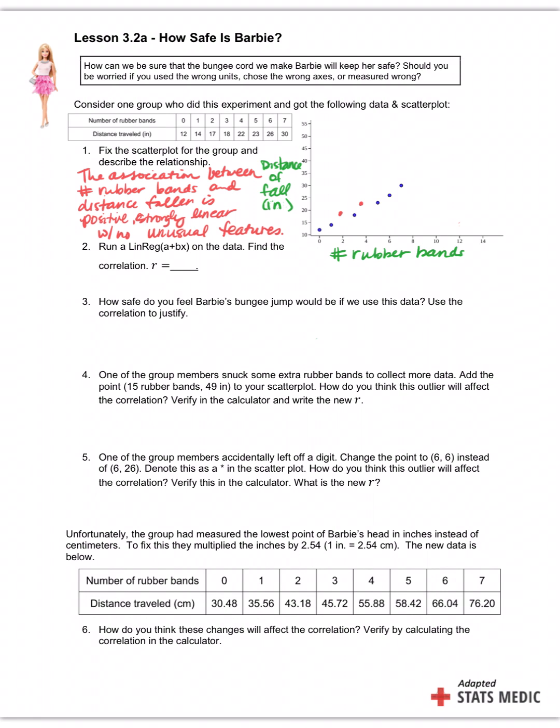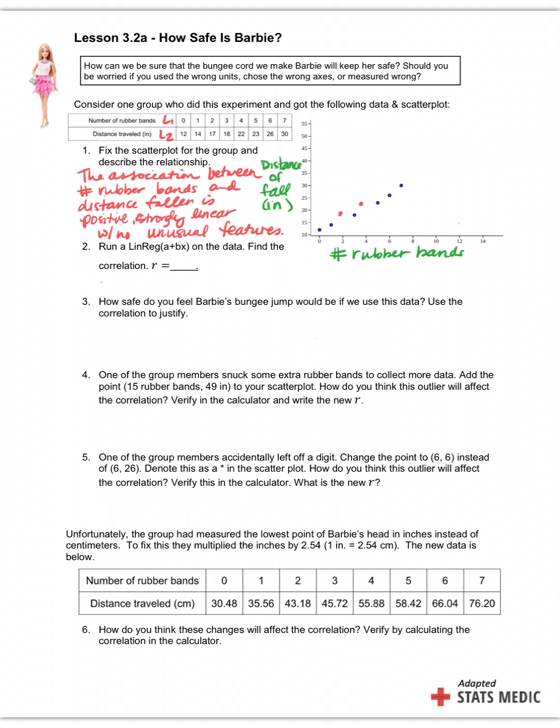So R is a big, hairy calculation, nasty formula. When you watch the video, I'll show you the formula, and you'll be so thankful your calculator does it all for you. It will calculate what that R value is, but you have to tell it what is X and what is Y. So you have to enter the data into list 1 and list 2. We're not going to stop and do it now for the sake of time, but we'll do it eventually.